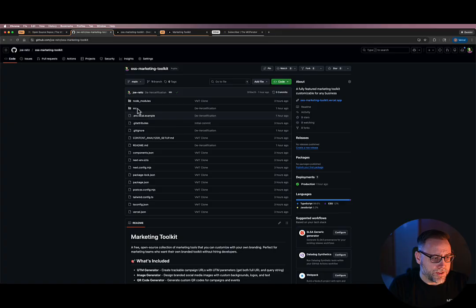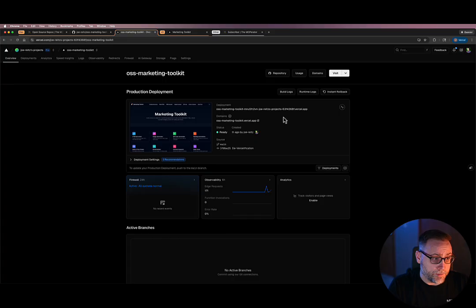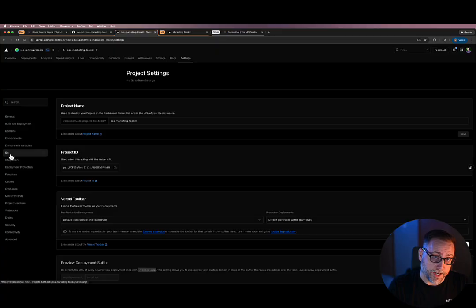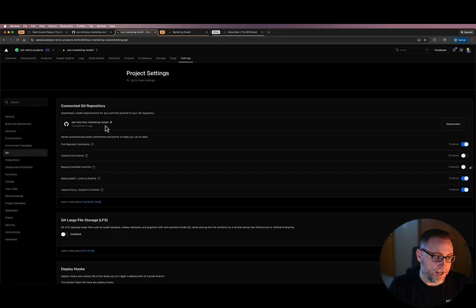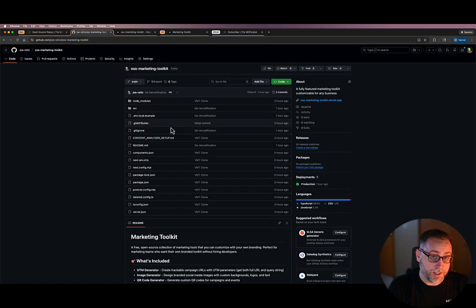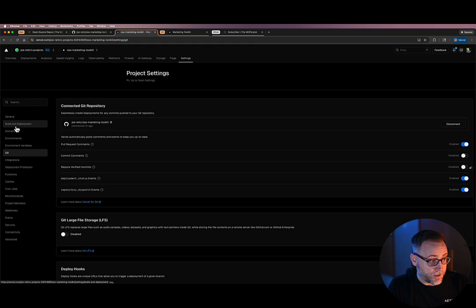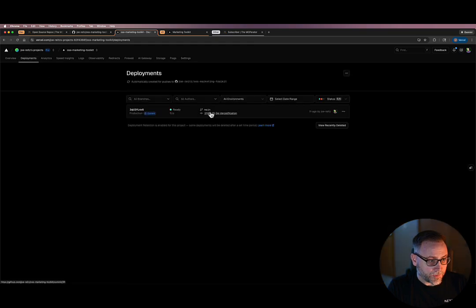What I wanted to show you is that you put the code here, and then in Vercel, I've created a project for this same thing, and then in my settings menu, there is a Git section where you can see very simply, I've got it connected to this repo. So every time that I push new code into GitHub, what happens on the Vercel side is that if I go to deployments, you'll see what I basically did to make this toolkit is I took the marketing toolkit that we built for Vercelians to use on a day-to-day basis, which we do use daily, and I just debranded all of it. So that's why this is called de-Vercelification. That's what I called the PR,